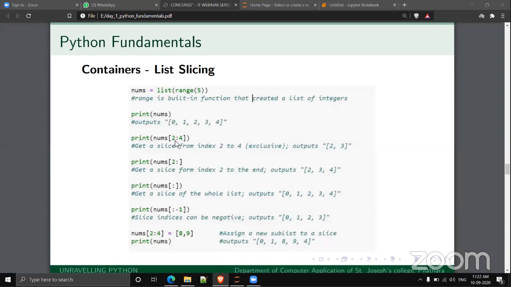In this case, we are specifying 2 colon 4, so it will slice out a small list from the parent list, starting from position 2 till 4 minus 1. That is, 2 and 3 will get sliced out. Just try it out in your notebook and you can see the result.